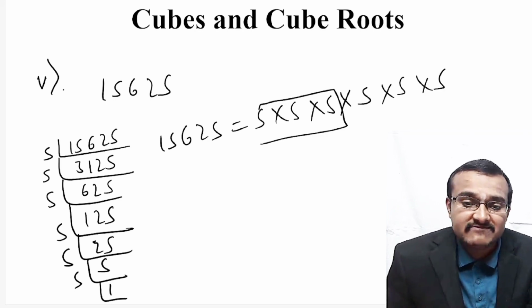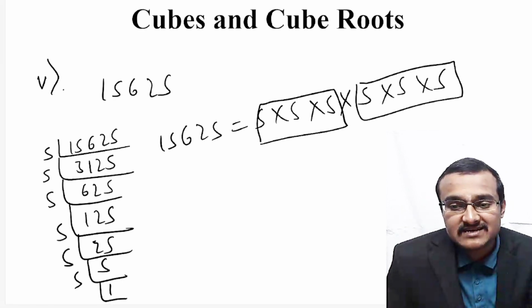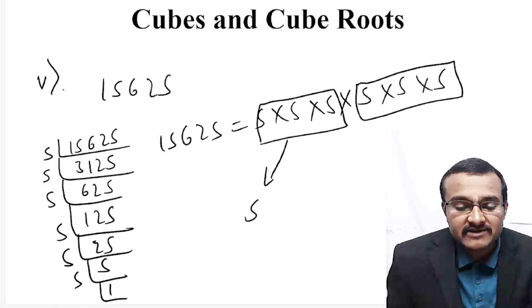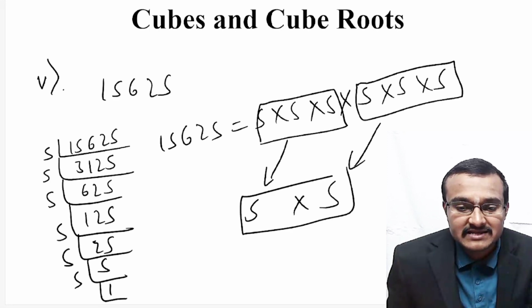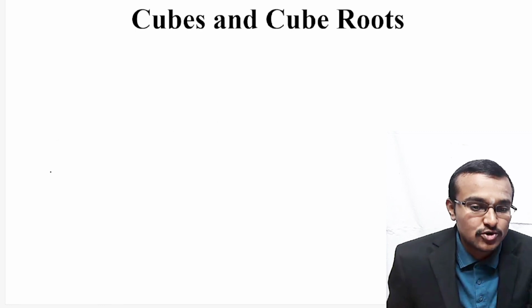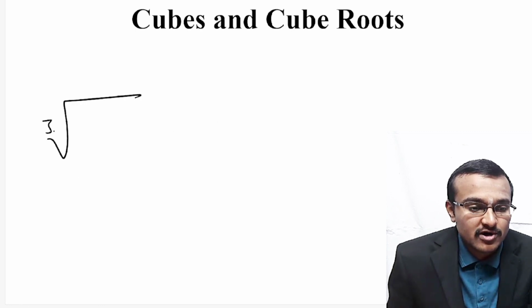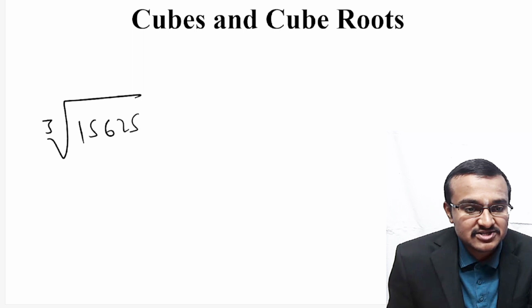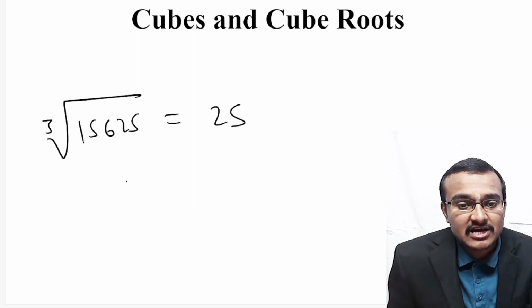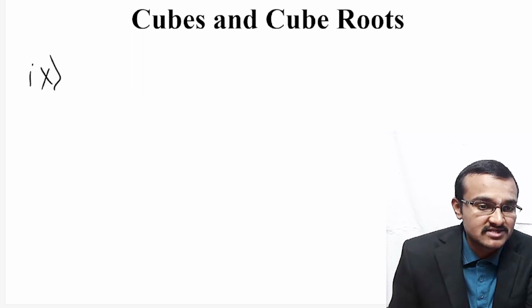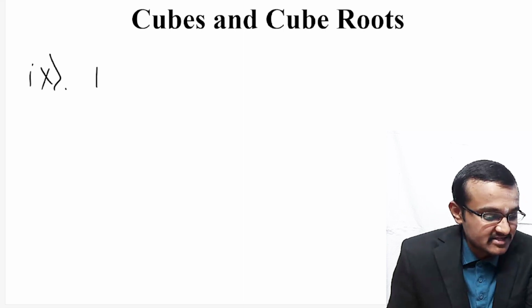So here these 3 5's can group with each other, these 3 5's can group with each other. Take one 5 from this particular group, take another 5 from this particular group and multiply them together. So 5 into 5 will be 25. So the cube root of 15625 is actually 25. So coming to the ninth question in this particular first question, they have actually given